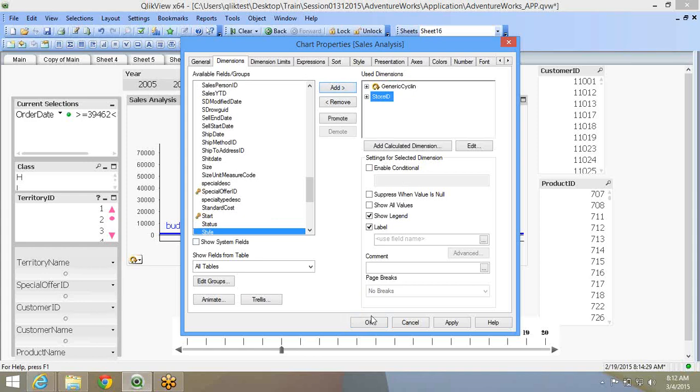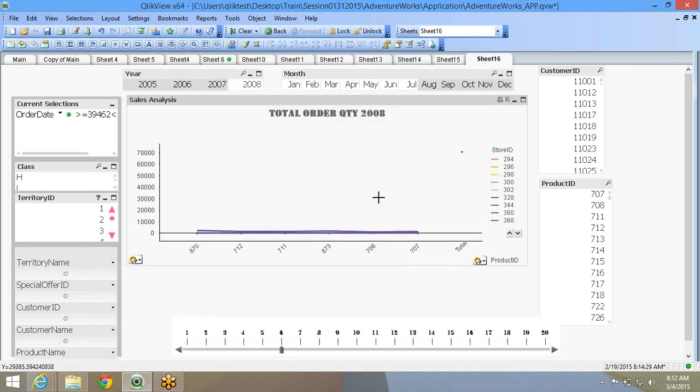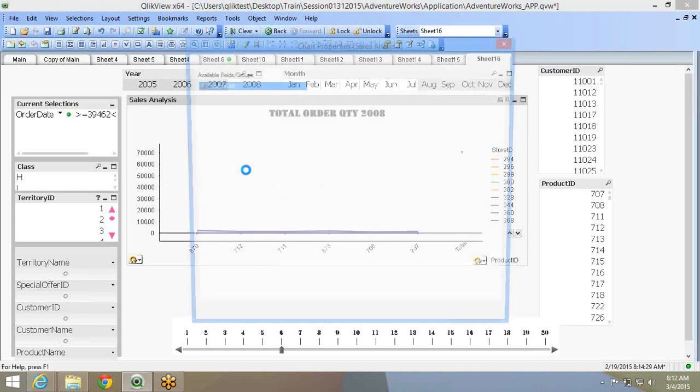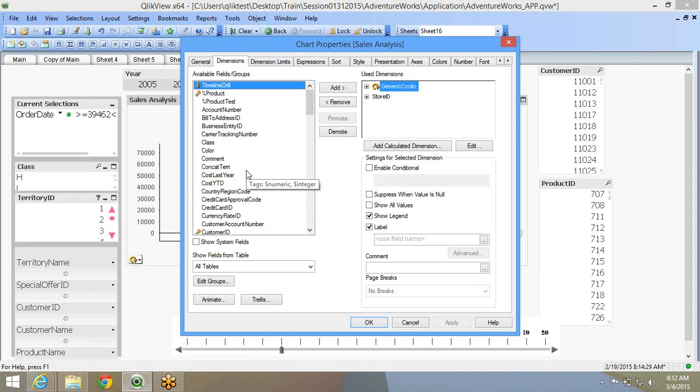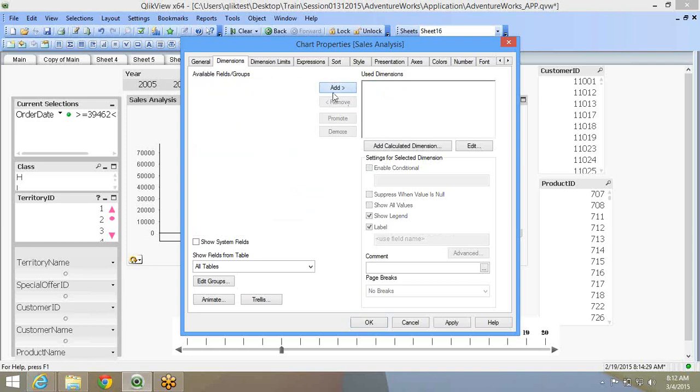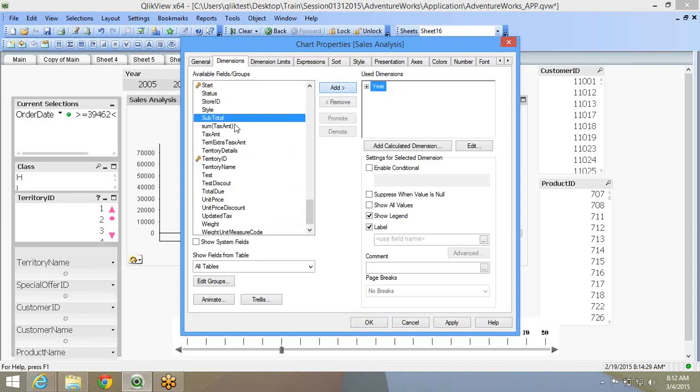What will happen is the moment there are multiple values or multiple fields, it will start creating multiple lines. So it doesn't stack or group. So when you have to show a trend or where you have multiple products that you want to show, for a simple example, I'll just take up here product ID.